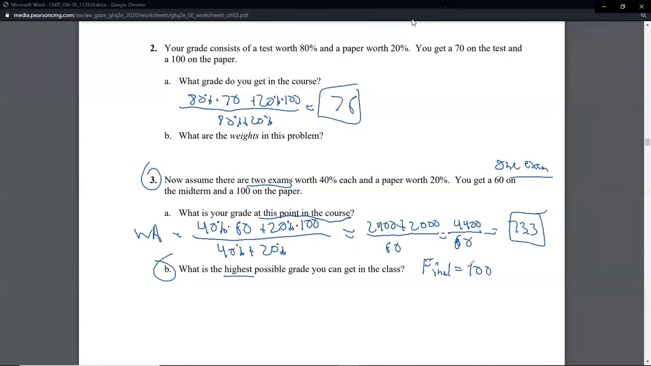So we're going to assign the final as a 100. So now our weighted average is 40% times the 60, plus the 20% times the 100. Doesn't look like there's a times in there. Plus now the 40% for the final exam times the assumed magical 100 grade, which is extremely hard to earn in a QR class,